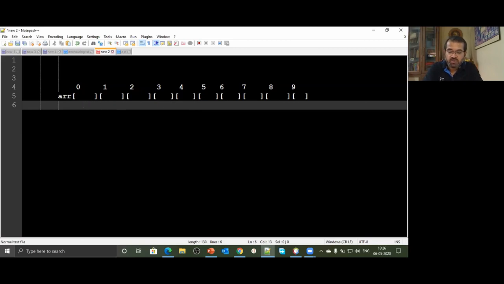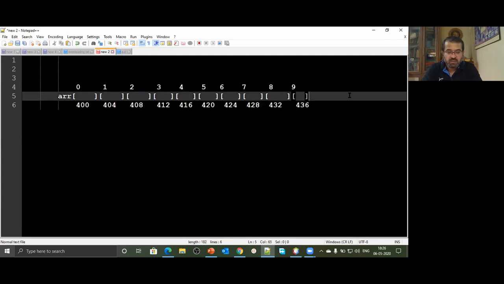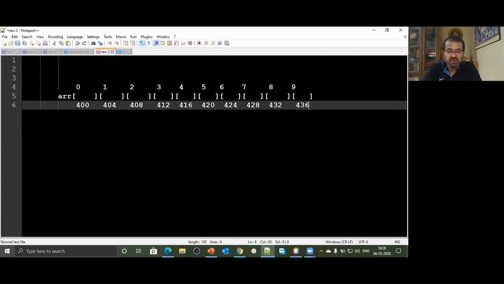Suppose the first one was stored at address 400, the next at address 404, the next at 408, no gaps in between, up to 436. But starting from 436, where will it end? It will end at 439. So 40 bytes of memory have been allocated.